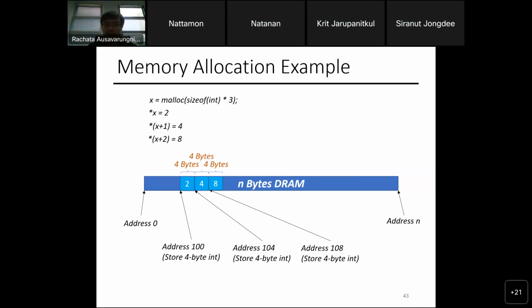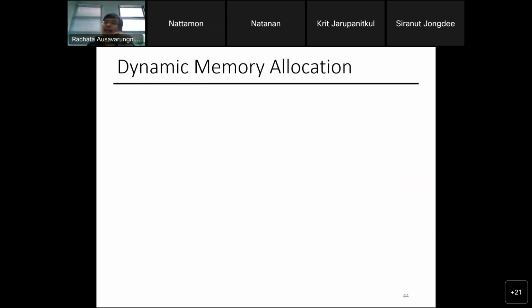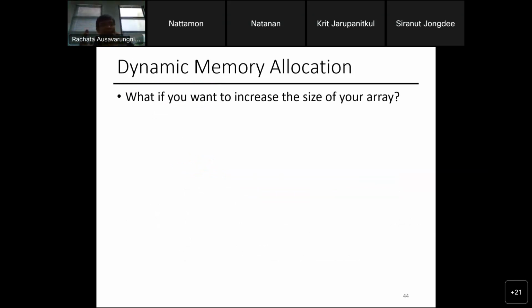So now you can create as much space as you want through the command called malloc. This is nice because you can do it dynamically, while you're running the program. Let's say you create an array and at some point your array is full. How many times do you run into the case where you write a program and your array becomes full? You need more space. You can keep writing a program and at some point your data cannot fit in the array and you want to double the size, for example, to create a bigger array.